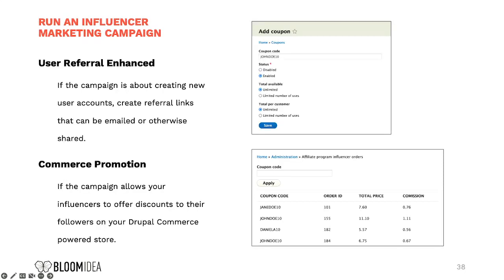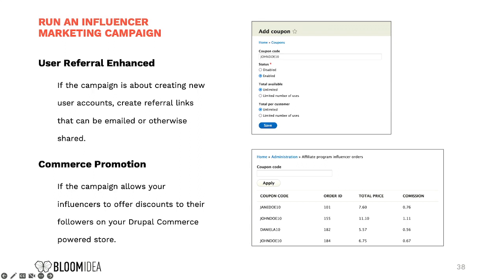Nowadays, influencer marketing is all the rage, and everybody wants some influencers to talk about their brand. Here we enter the Drupal Commerce topics. Usually the way these campaigns are done is that the influencer gives you a discount with a special coupon code. For that, Drupal Commerce has Commerce Promotion.